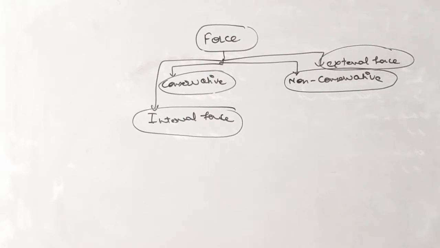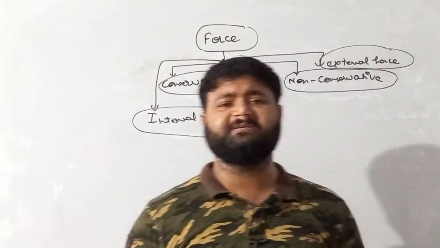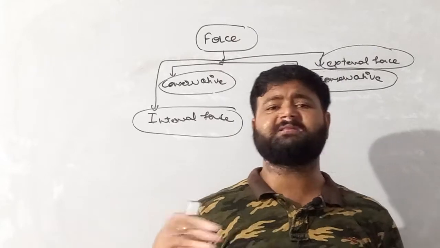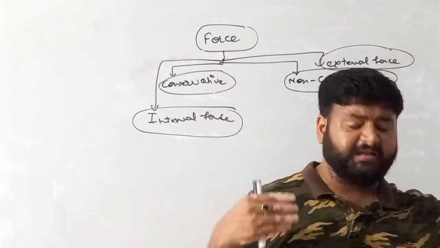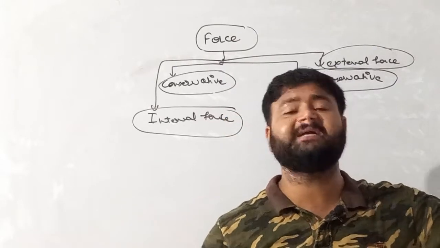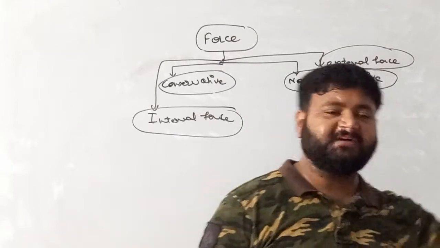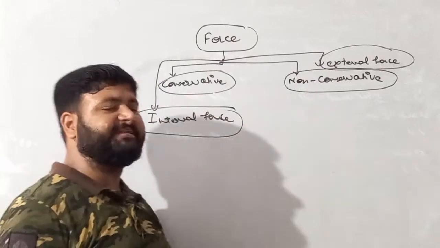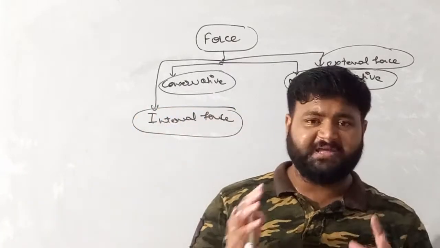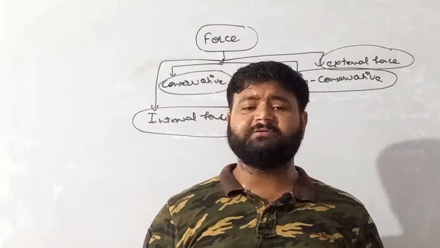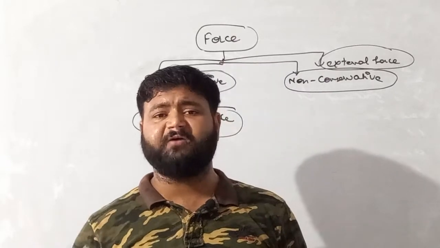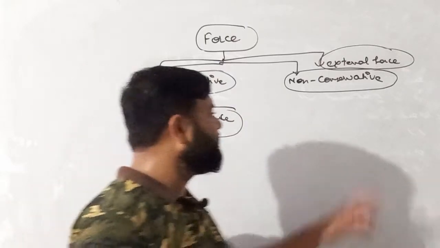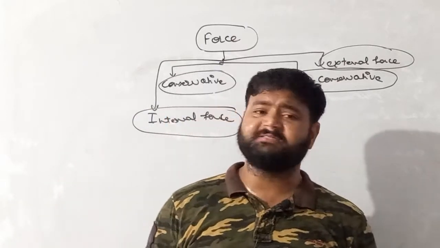And if any one of the bodies, either the body which is applying force or the body which is experiencing force, or both, are present outside the system, then the force is said to be external force. And we are all aware of conservative and non-conservative force as well. If the force in a round trip performs zero work done, then it is conservative force. For non-zero work done, the force is non-conservative force.